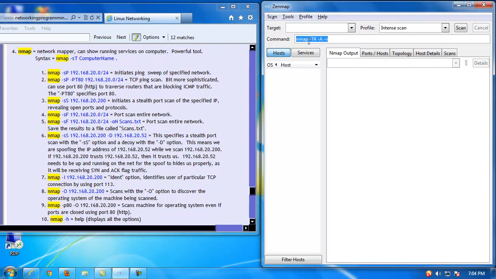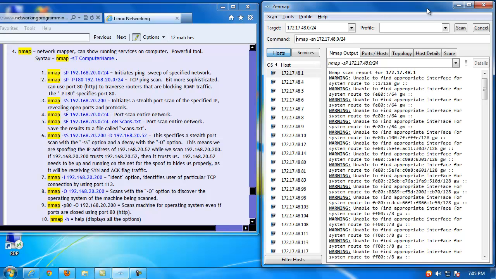So for the first one, let's do a basic ping sweep. Okay. Now I need to modify this for the network I'm on. So instead of a class C like 192, it's a class B 172. So it's going to be 172.17.48, and it's subnetted in the third octet. So it's still going to be the CIDR notation, still going to be /24, 24 bits, 3 bytes are octets. Okay, and notice I've got listed here on the website, if you go to networkingprogramming.com, it initiates a ping sweep of this specified network. So I'm just going to hit enter,